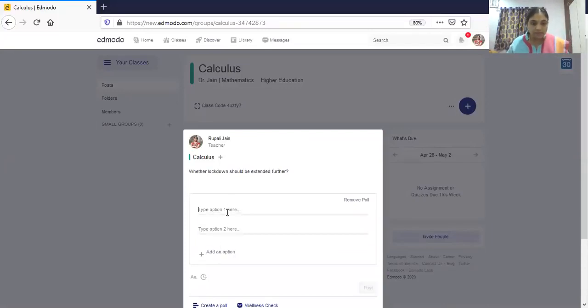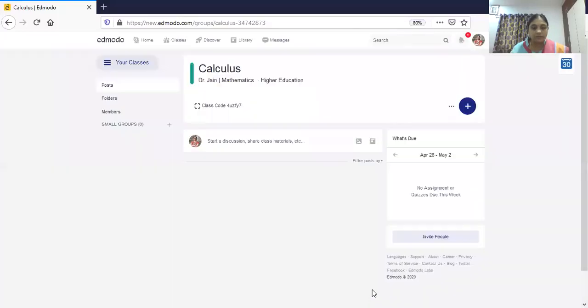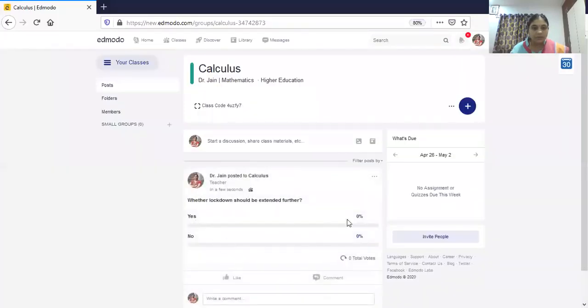You'll see here options. You can type over options as yes or no. So just like a polling. And if I post it, it will appear as a poll, and students can vote here. You can see here the percentage of students, how many voted yes and how many voted no.